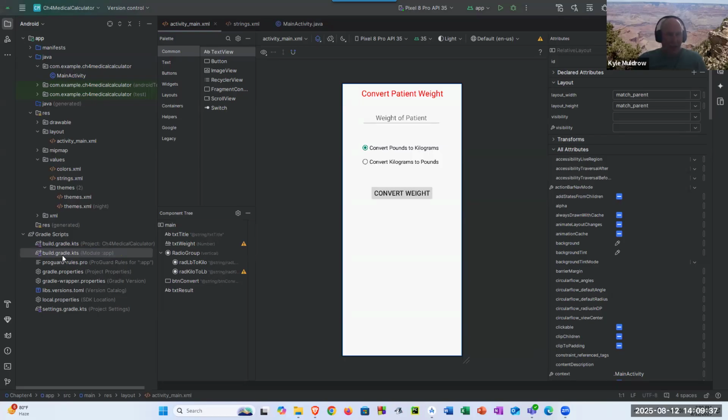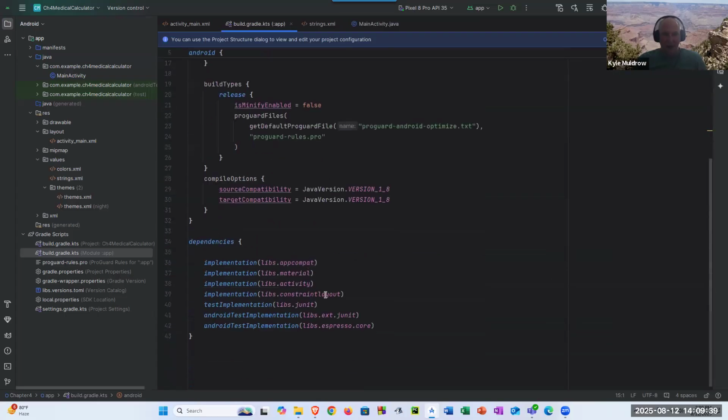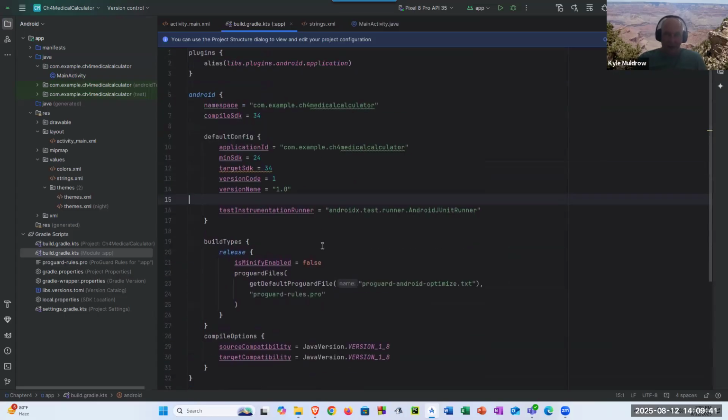And when you do that, you see this bunch of code here. But what you want to focus on is the compileSdk and the targetSdk. Right now, mine are set to 34. You want to change both of those to 35 or whatever version was highlighted in the error message that you got. Then what you need to do is you go to this blue line at the top and you have